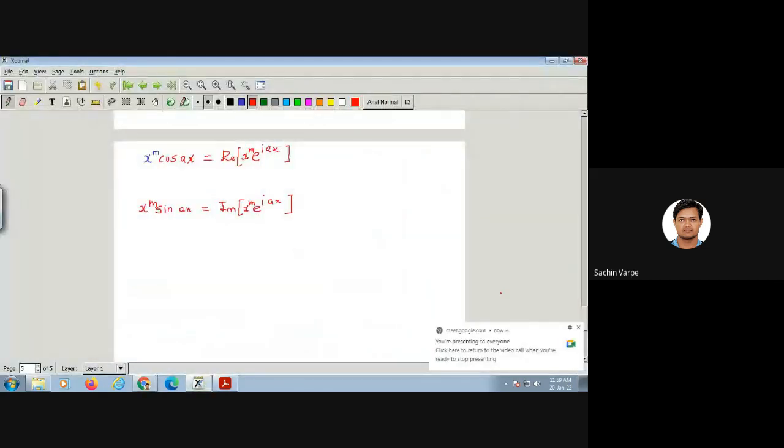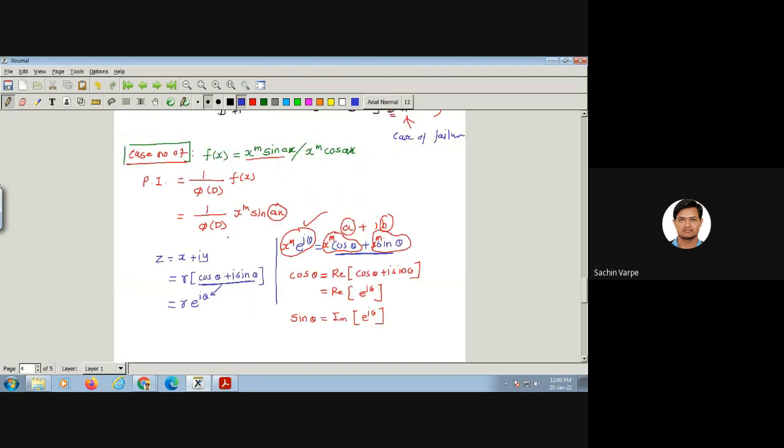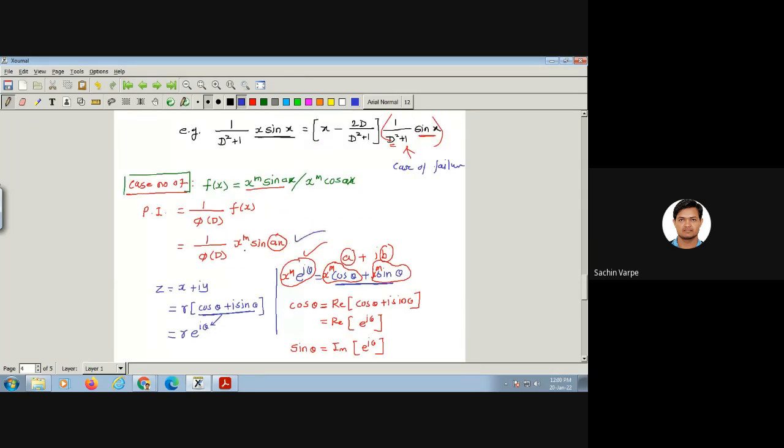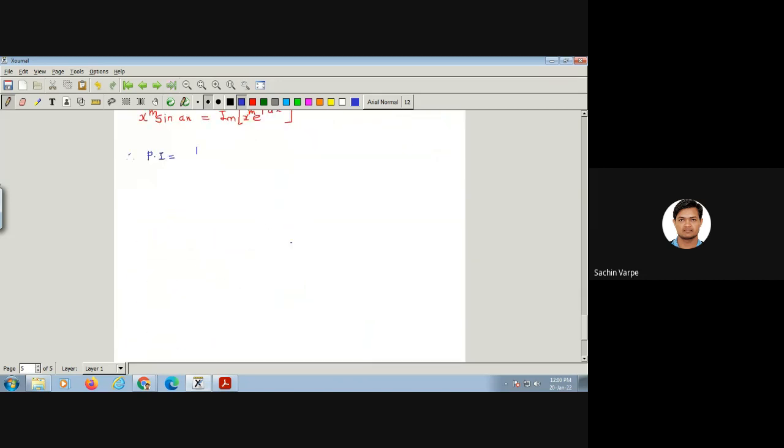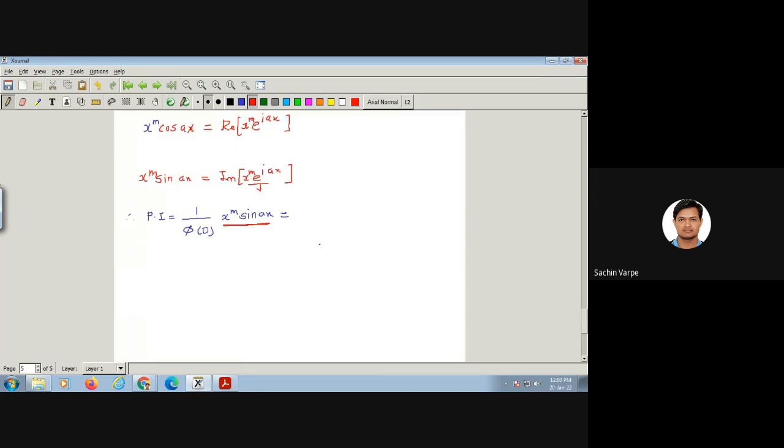ठीक है, तो अभी हम फॉर्मूला लिखेंगे पर्टिकुलर इंटीग्रल का। देयरफॉर पी आई, जैसे कि आप देख सकते हो यहां हमने स्टार्ट किया था विथ एक्स रेज टू एम साइन ए एक्स, सो पी आई इज इक्वल टू 1/5 ऑफ डी एक्स रेज टू एम साइन ए एक्स will be equals to, now this is imaginary part किसका, e raised to I a x का, ठीक है। तो एज दिस इज इमेजिनरी पार्ट, अगर मैं उसमें ऑपरेटर ऐड करूंगा तो उससे कुछ फर्क नहीं पड़ेगा।